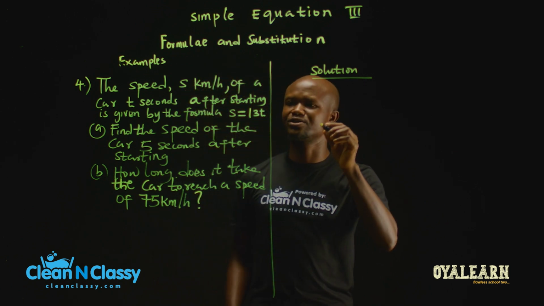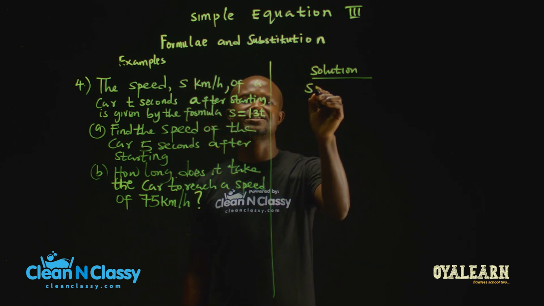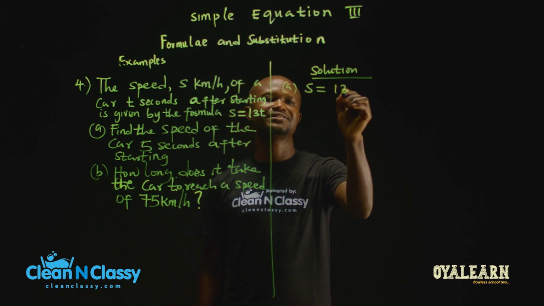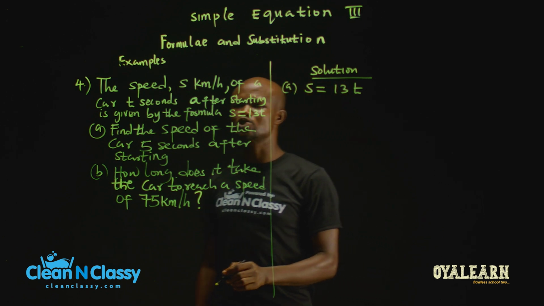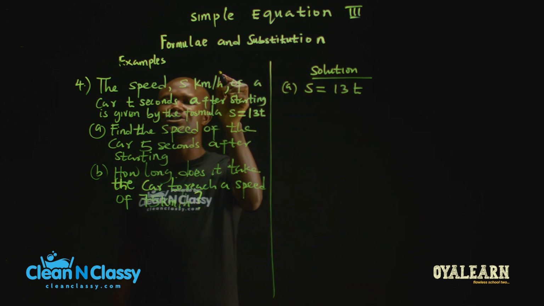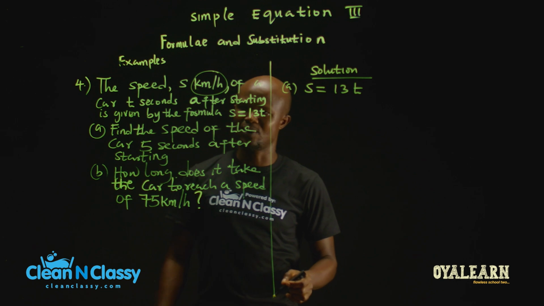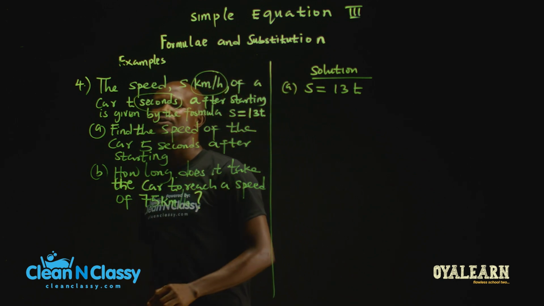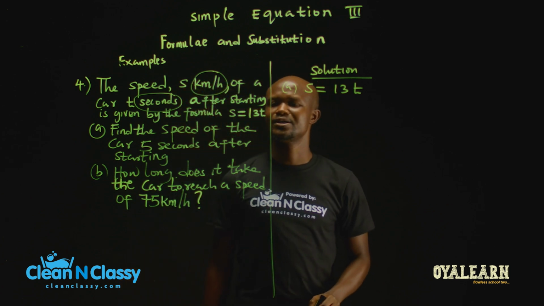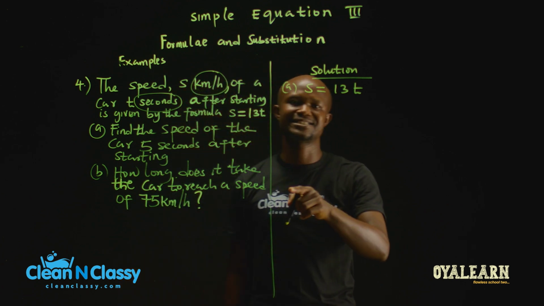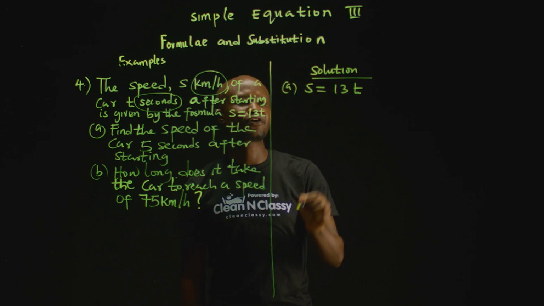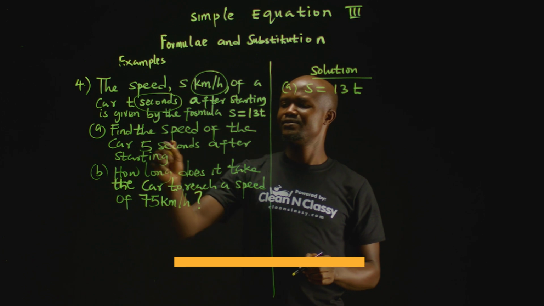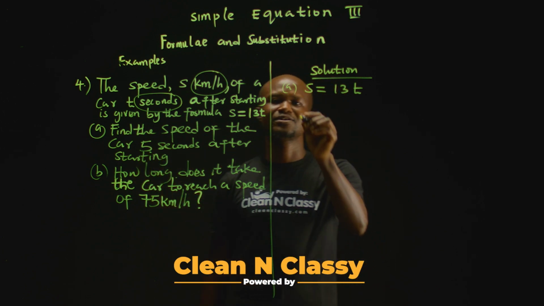Now, from this question, the first thing we need to write is the formula s equals 13t. The unit of the speed is km/h, and the unit of the time is in seconds. We are asked to find the speed of the car 5 seconds after starting. So when t